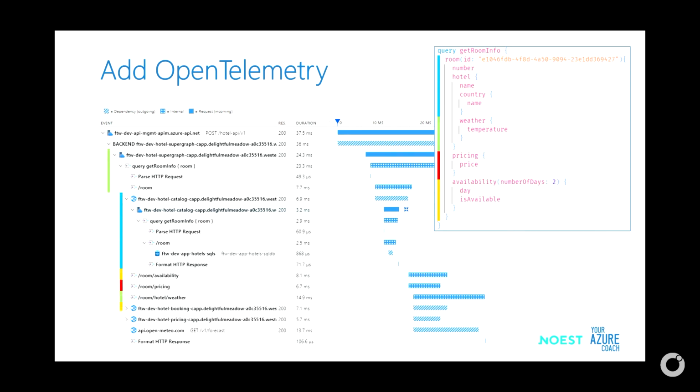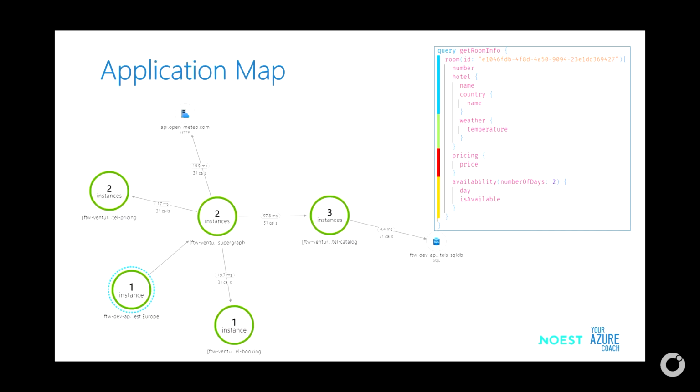Here you really see the name of the query. And if you click on that, you see all the details of what has been requested. You see that the room availability, room pricing, and the hotel weather was requested. Here you see even the OpenAPI stuff. And here you see that my SQL database was also called. If you click on that, you will see also the query that was executed and so on. So this is much better visibility. Think about it, because that GraphQL gateway is somehow a black box, and you need to, of course, see how it acts on the wire.